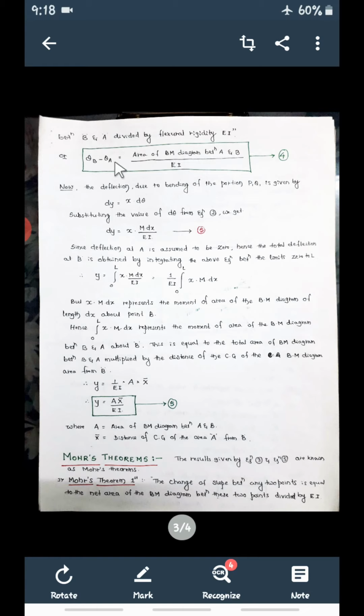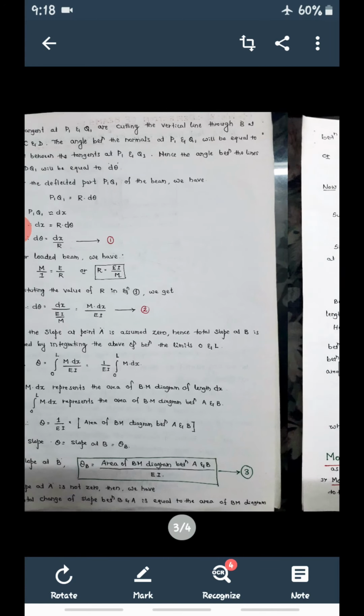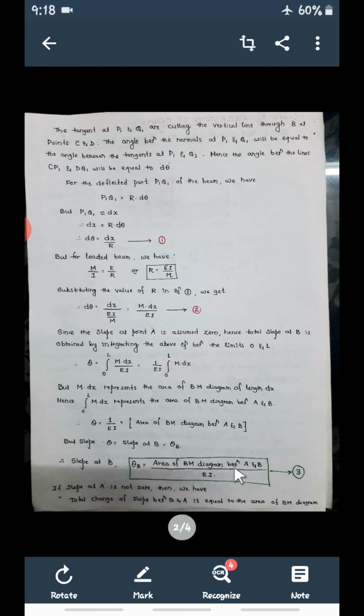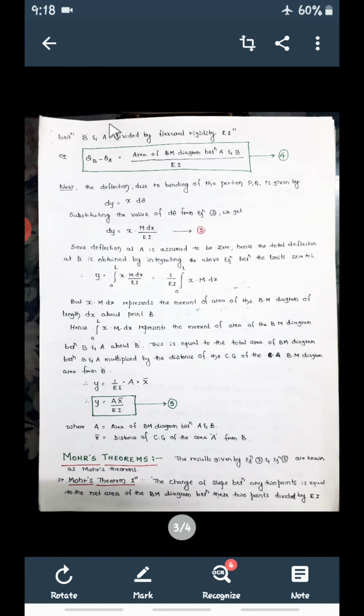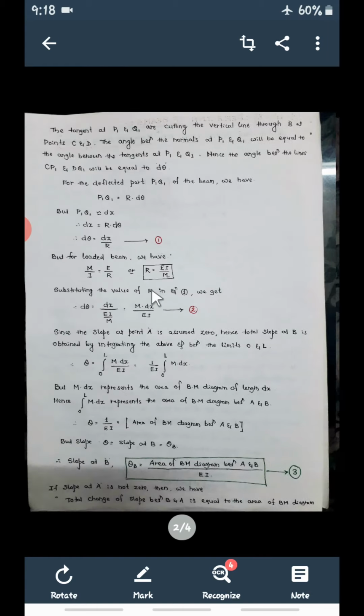Equation 4 gives, if theta A is not 0, then theta B minus theta A. If theta A is 0, then directly you can take theta B, the slope at B, equal to this. Now this is the slope, equations 3 and 4. Now similarly we can find the deflection also, slope as well as deflection. The deflection due to bending of the portion P1 Q1 is given by,